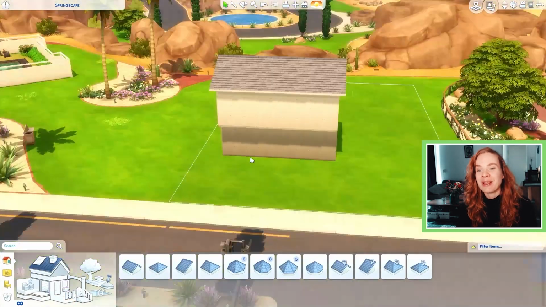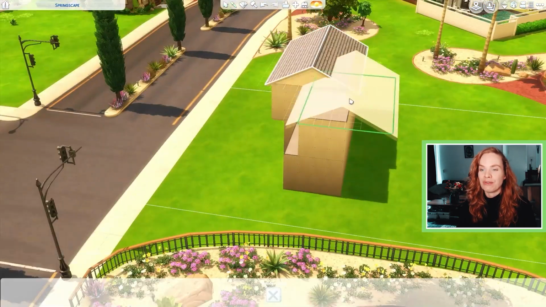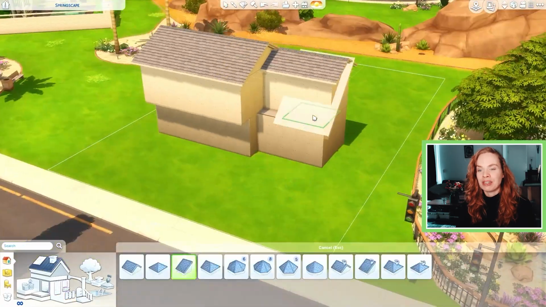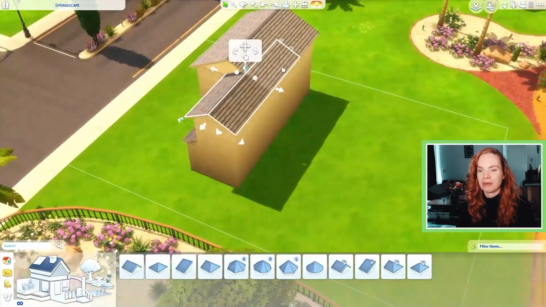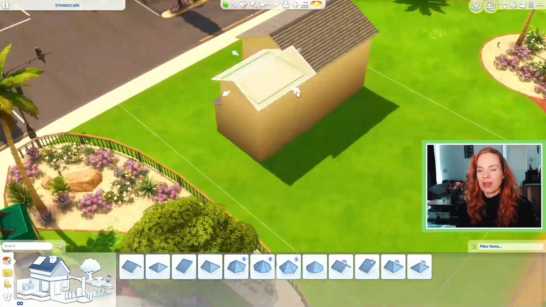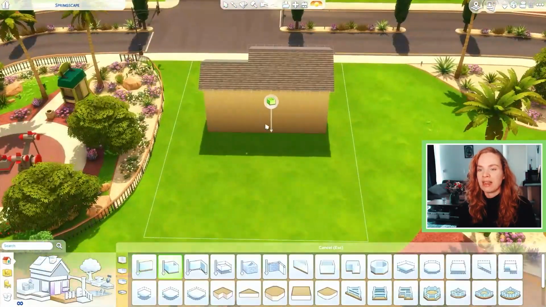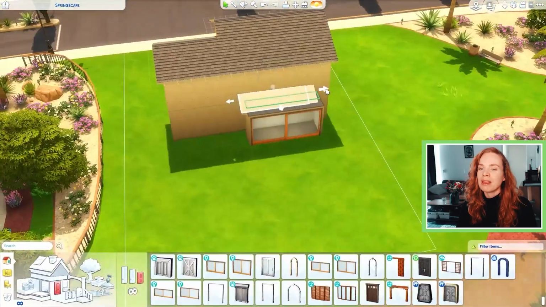So for today's video I am building a classic family home in the world of Oasis Springs. As you can see, it's a little bit mid-century modern inspired, so that's the reason why I built it here in Oasis Springs, because I feel like there aren't really any other worlds where this type of house would fit in nicely. I mean, obviously you can build it anywhere, it doesn't really matter, and maybe it would look nice